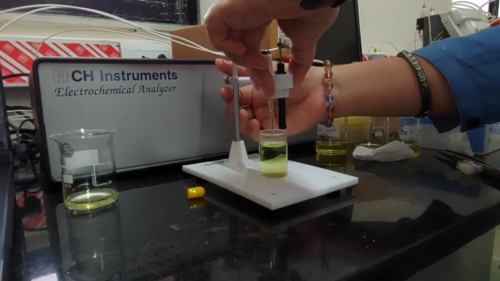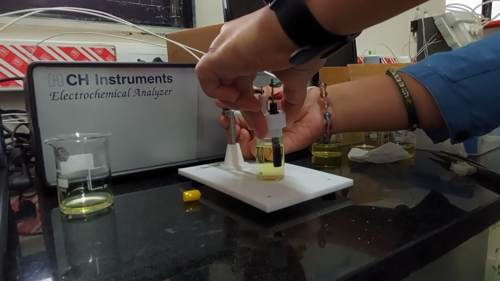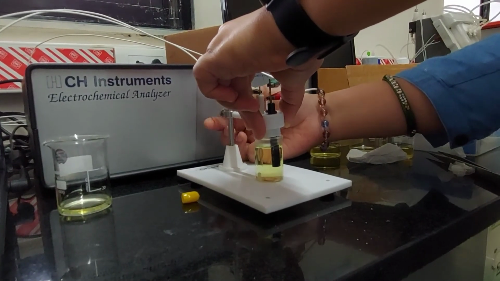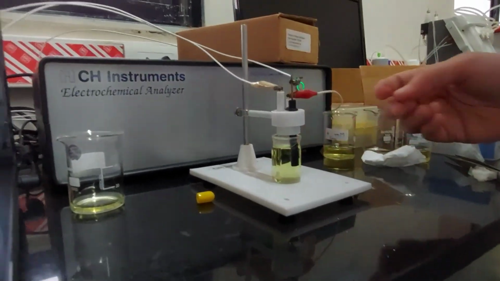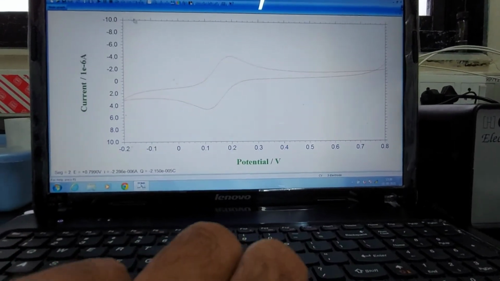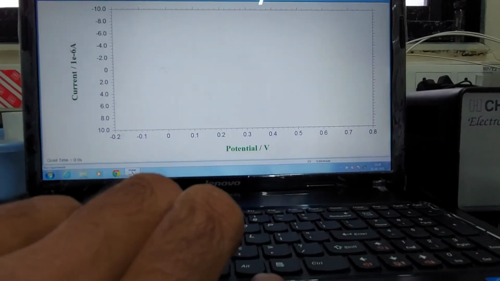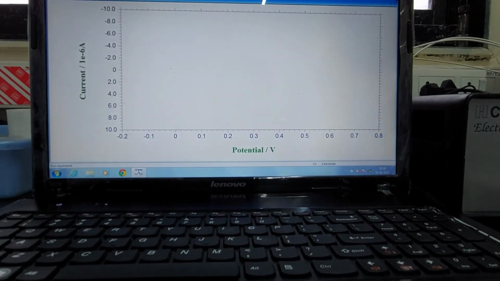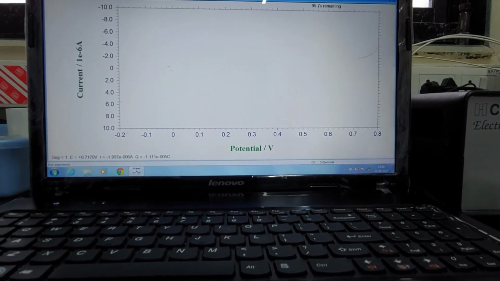There it is. Right. Can I start it? Yes. We're just running it. The same parameters, right? So only the concentrations are different.